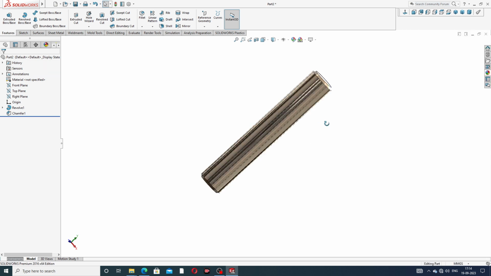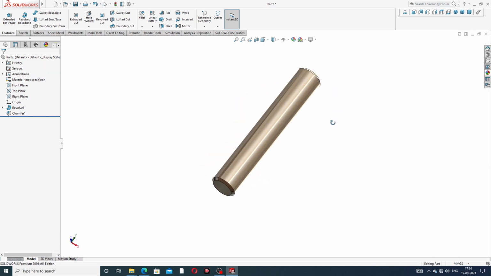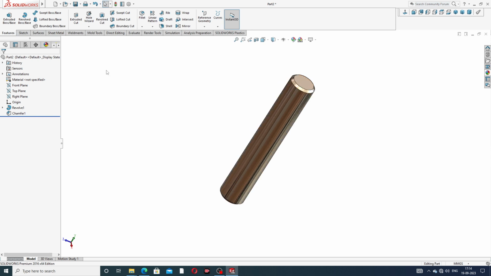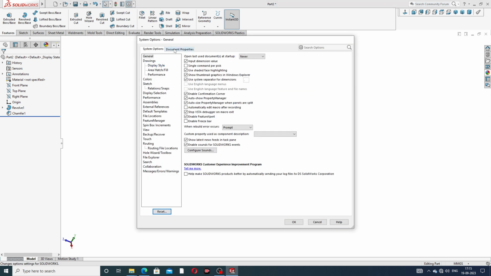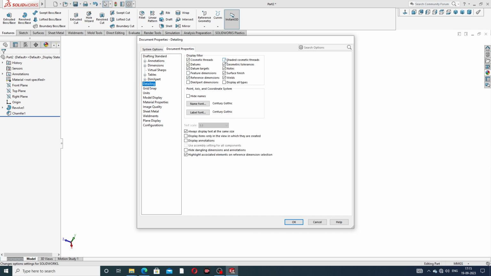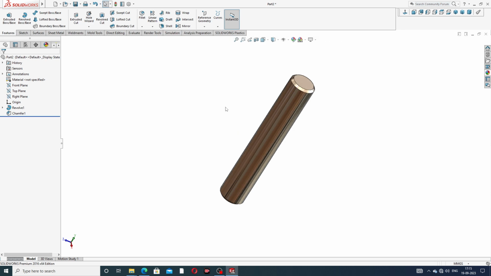Okay, this is perfect and correct, but cosmetic thread is applied here, which is very important. Again go to option, and this is document properties, and go to detailing, and first check here shaded cosmetic thread, click and click OK.